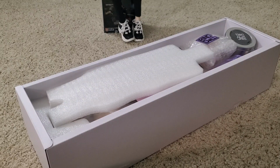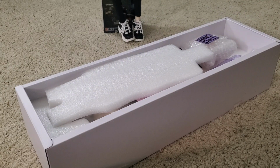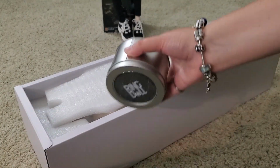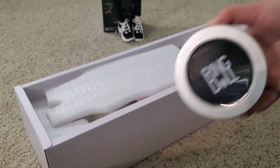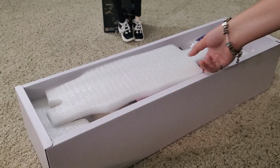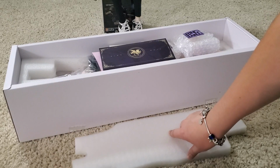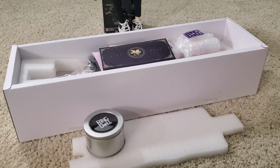So now, how do I understand which doll it is? Well, it's actually going to be easy. One of them is a boy, another one is a girl. So let's see what we have here. I have this little box. Oh, by the way, the things I ordered for the other doll was pretty much just hands, so I have a feeling this might be hands for the guy. But let's do a little thing. I will put this down